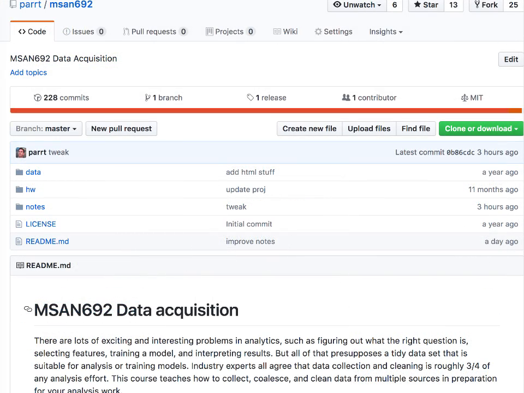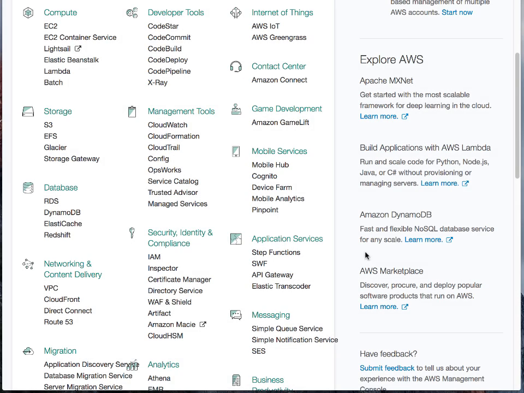This is a short video as part of our 692 data acquisitions course in the analytics program that describes how to launch a cloud computer at Amazon Web Services and then get a Python Flask web server running that's visible to the outside world. All right, the first thing we need to do is go to the Amazon console and